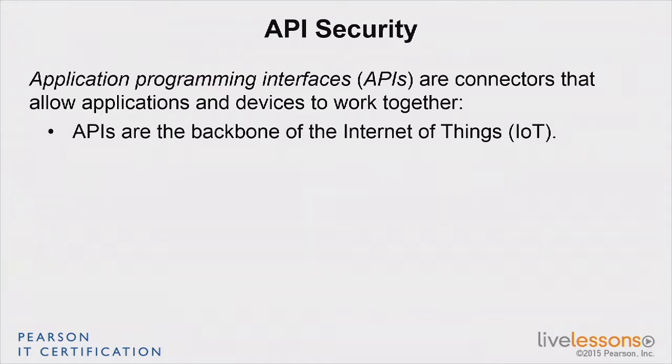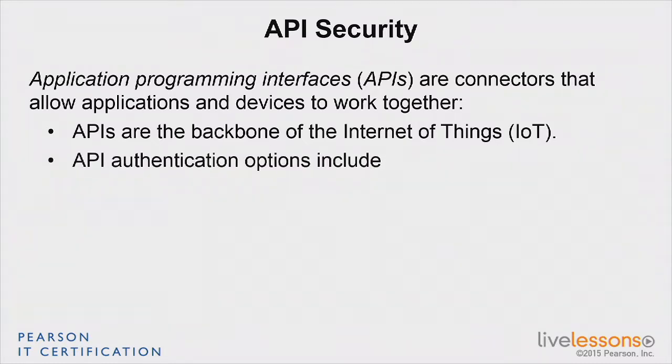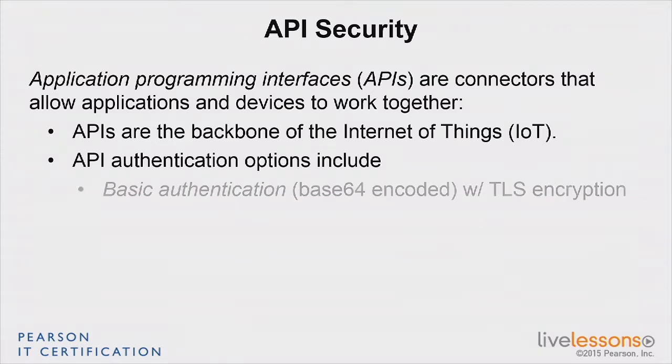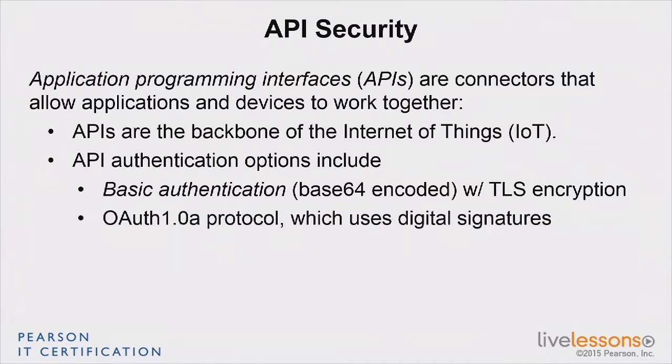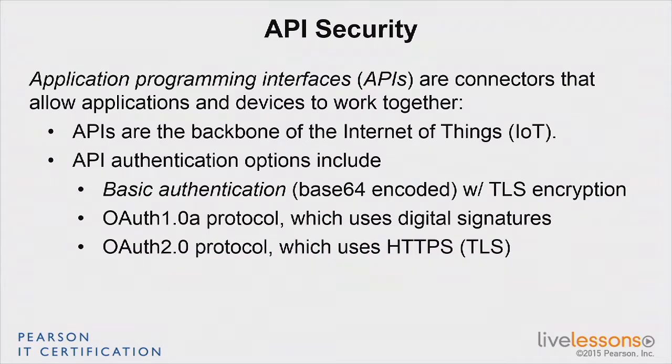APIs are of particular importance right now because they're the backbone of the Internet of Things. This is how applications and devices are connecting and authenticating to each other. So API authentication options include basic authentication, base64 encoded, with TLS encryption available, or using the OAuth protocol: the OAuth 1.0a protocol, which uses digital signatures, and the OAuth 2.0 protocol, which uses HTTPS, which is HTTP with SSL, or